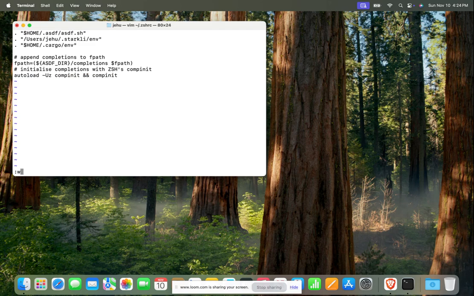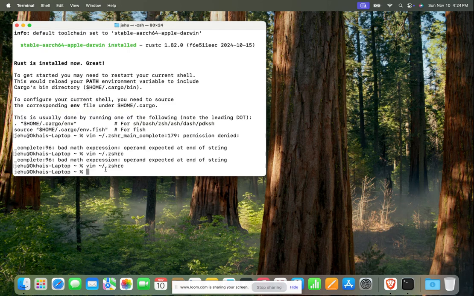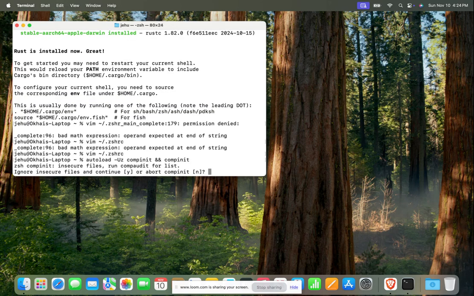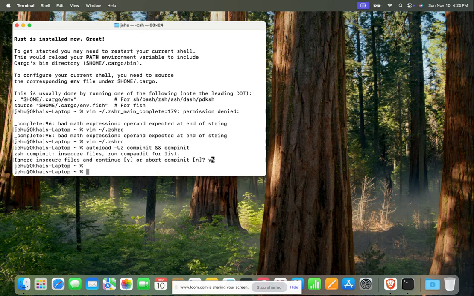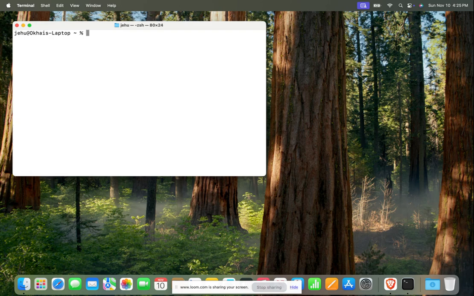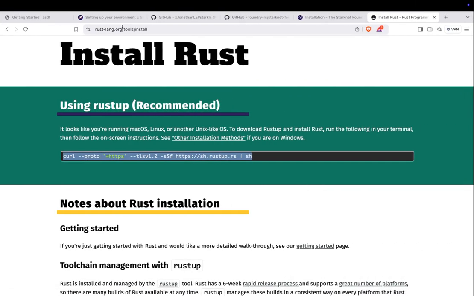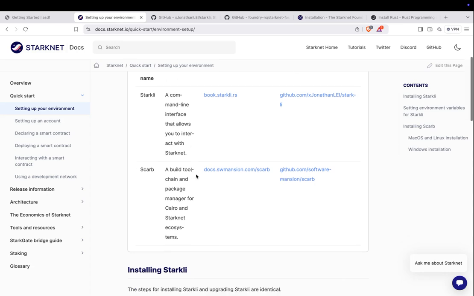Okay, so I'll just do a WQ real quick. I'm gonna paste this command. I'm thinking what's this file, run compaudit for list. Okay, I'm still gonna get to that, but okay, so we have Rust installed, we have Starkli installed, we have